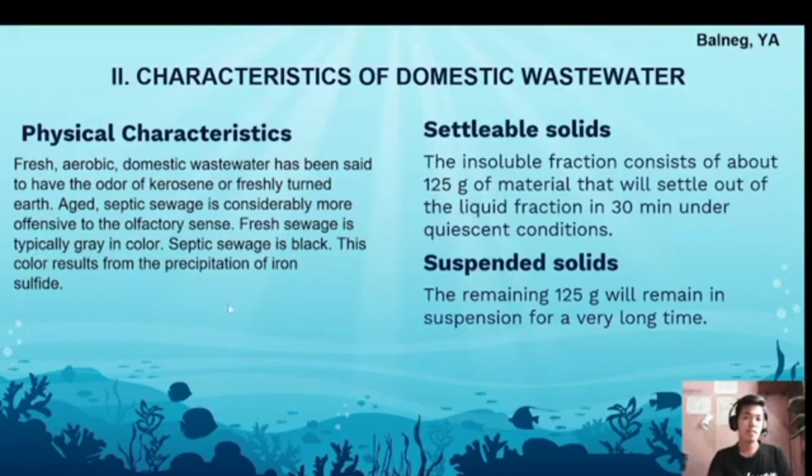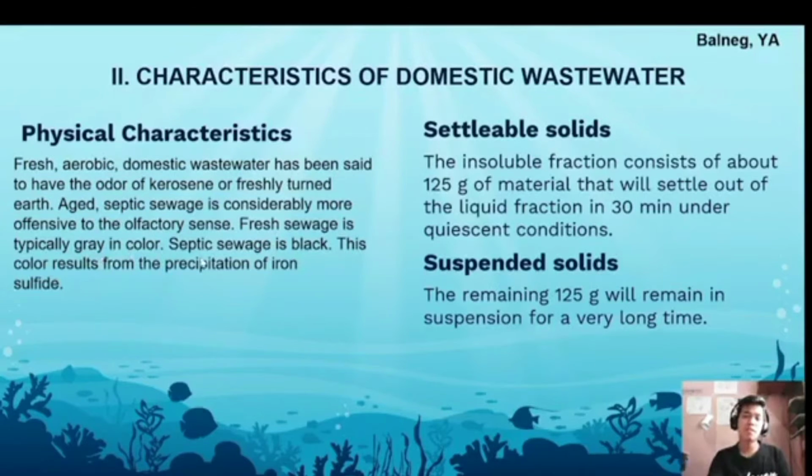Physical characteristics. Fresh, aerobic domestic wastewater has been said to have the odor of kerosene or freshly torn earth, whereas aged septic sewage is considerably more offensive to the olfactory sense. Fresh sewage is typically gray in color. This is the wastewater that comes from our laundry, our bathroom, our kitchens. It's gray in color because of the presence of our detergents and other solid materials that contribute to the gray color,